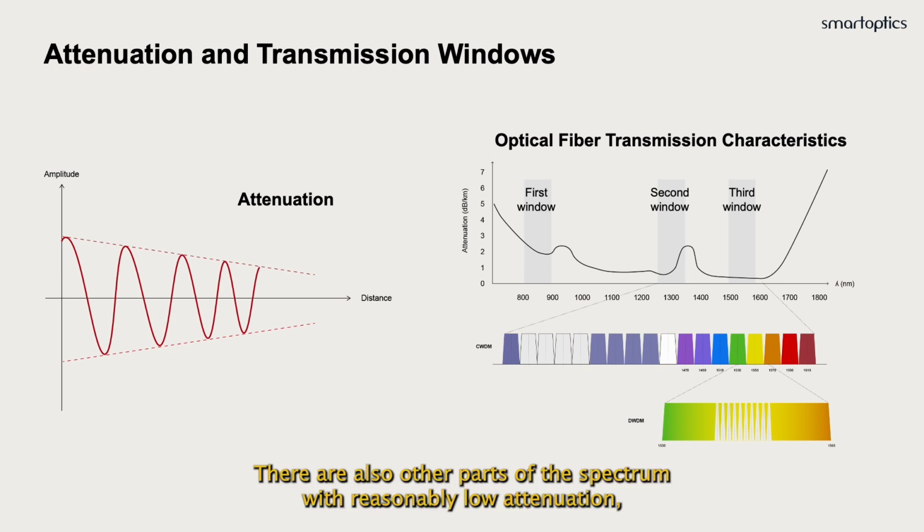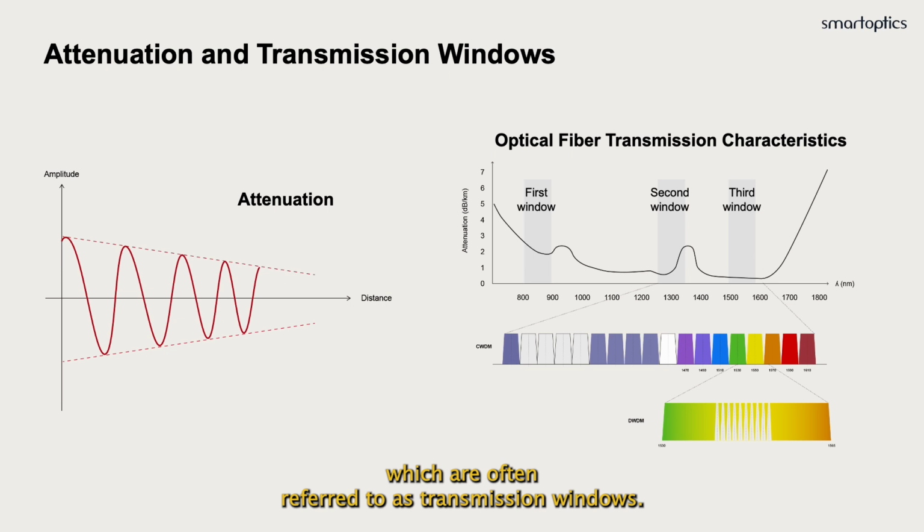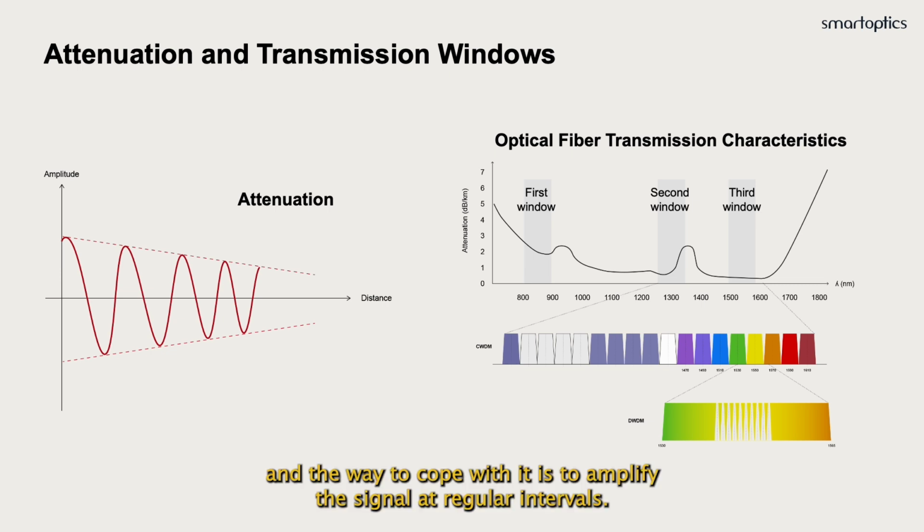There are also other parts of the spectrum with reasonably low attenuation, which are often referred to as transmission windows. There is a significant increase of the attenuation around 1383 nanometers, called the water peak, since it is caused by contamination of hydroxyl ions in the glass in the manufacturing process. Attenuation is an inherent characteristic of the fiber, and the way to cope with it is to amplify the signal